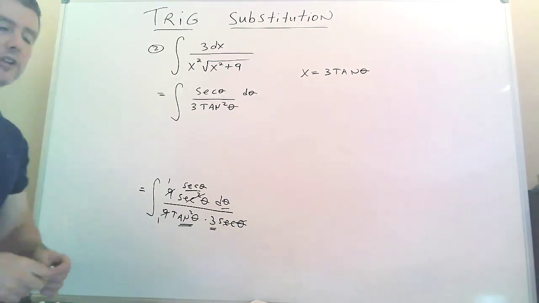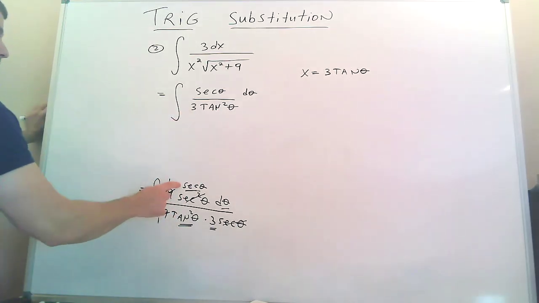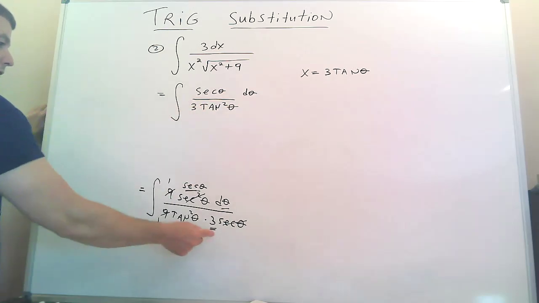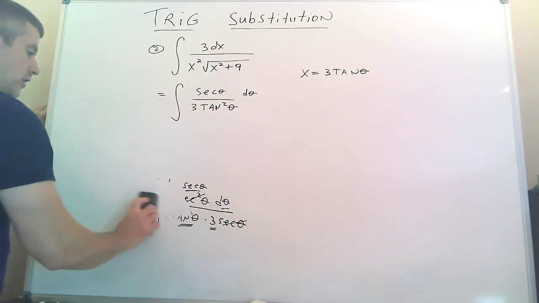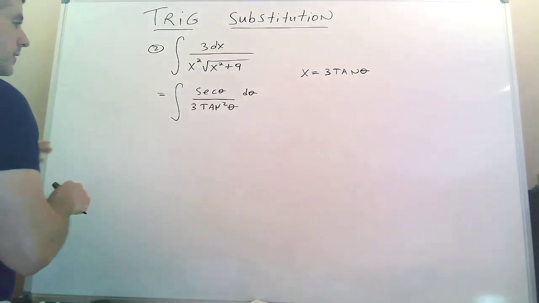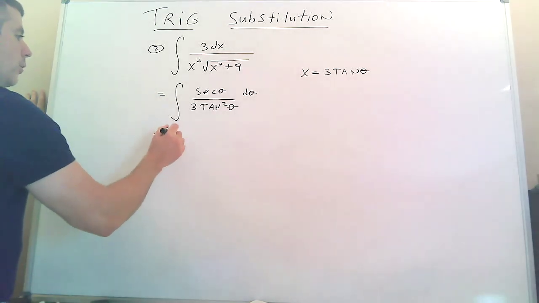Okay, so I erased a lot of the stuff I did, but I left this there on purpose. So I was doing my crossing out. It left me with a secant on top and a d theta on top. It left me with tan squared and a 3 on the bottom. Everything else is gone. So now I'm going to simplify this. Now, again, if you do this in a clever way, this becomes much easier. So what I want to do,